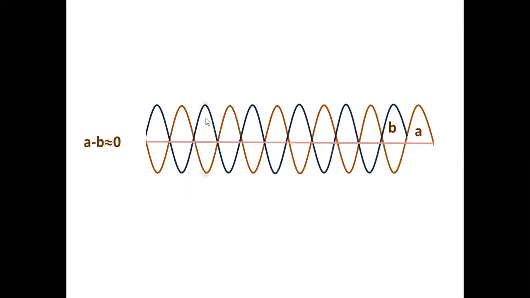So what happened now? The amplitudes destroy each other. If the amplitudes are the same, if A and B are almost the same, then the resultant amplitude is 0. Where is the resultant wave? You don't find any wave at all here. So if the crest of one wave falls on the trough of another, with a path difference of lambda by 2, that means one wave has to travel lambda by 2 distance more, that destroys the wave, and the result is no wave at all, because they cancel each other. If this is a water ripple, one wave says you go up, another wave says you come down. What about this one? If these amplitudes are the same, the result is 0.